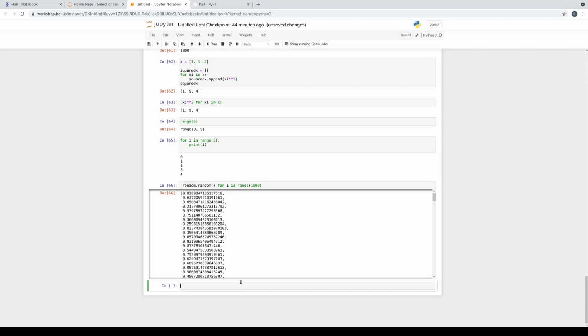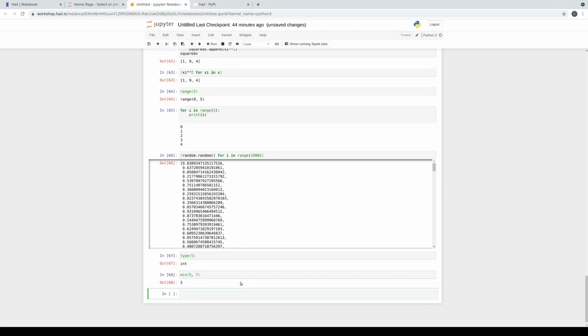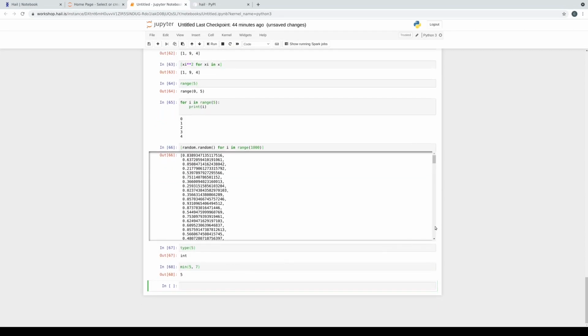Okay, next let's talk a little bit more about functions. We already saw that you can call a function like type by giving the arguments to type in parentheses afterwards. There are lots of functions in Python. Python has a min function you can call when it takes multiple arguments. There's actually two kinds of functions in Python. Normal functions that we've seen already, and something called methods.